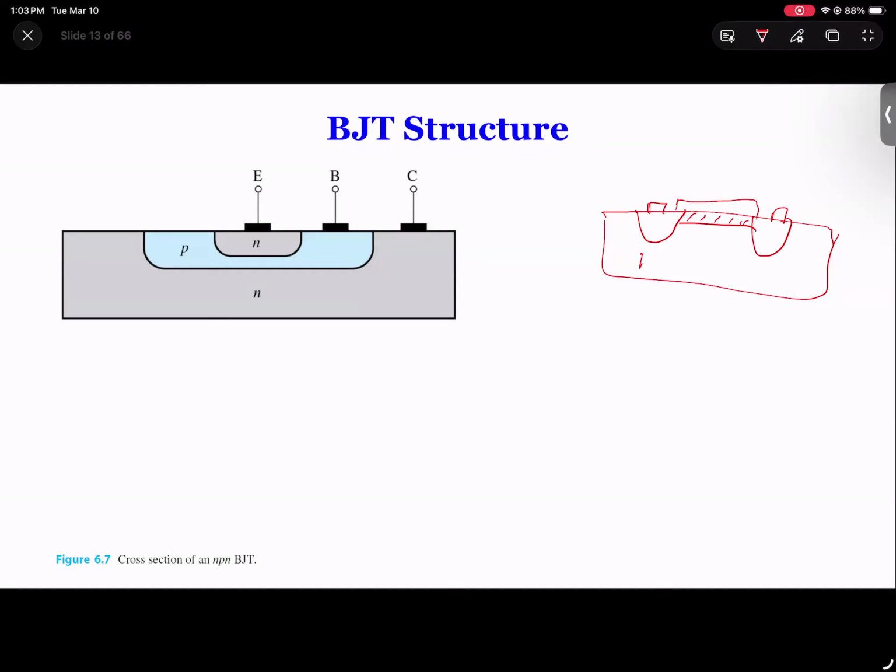But a BJT is not a bidirectional device. Current can flow from collector to emitter. Remember that. The way you build it makes the manufacturing process, the fabrication, easier. But the sandwich